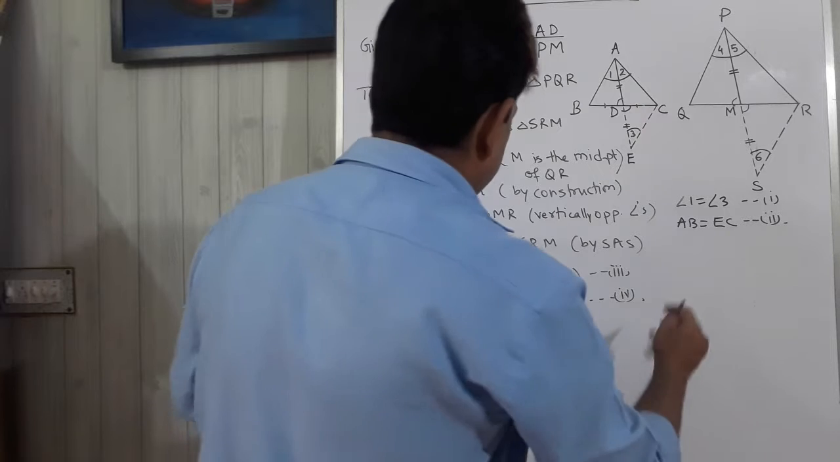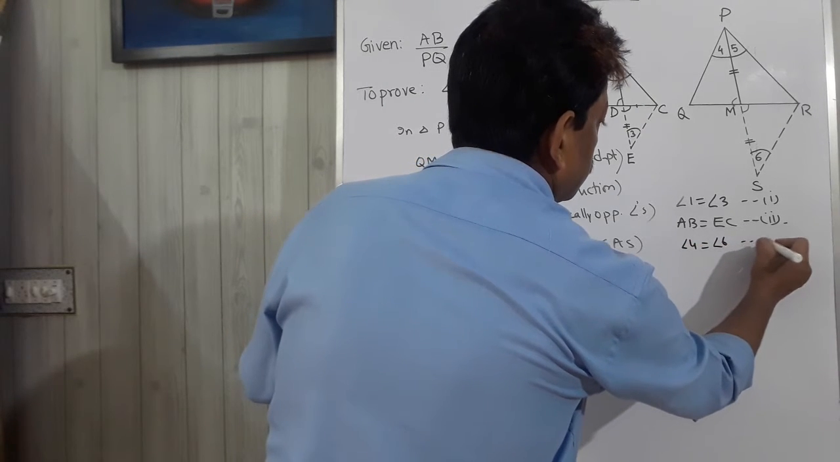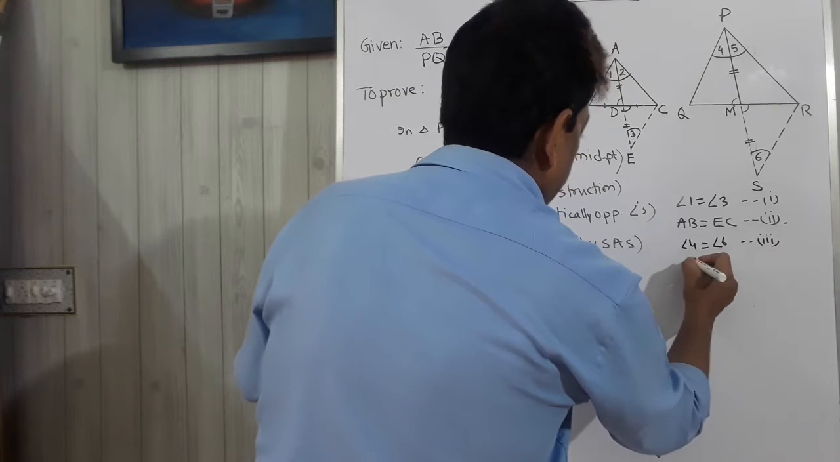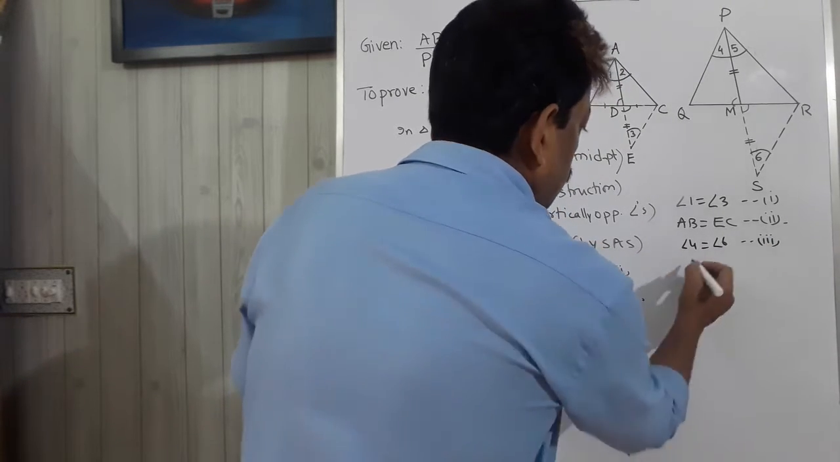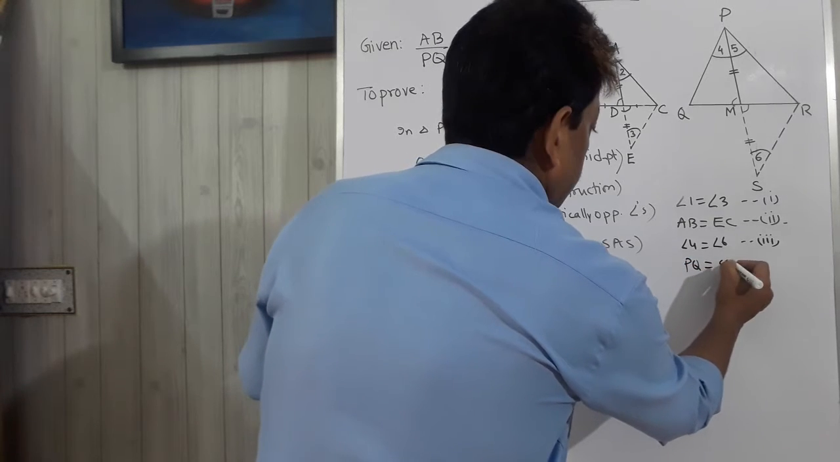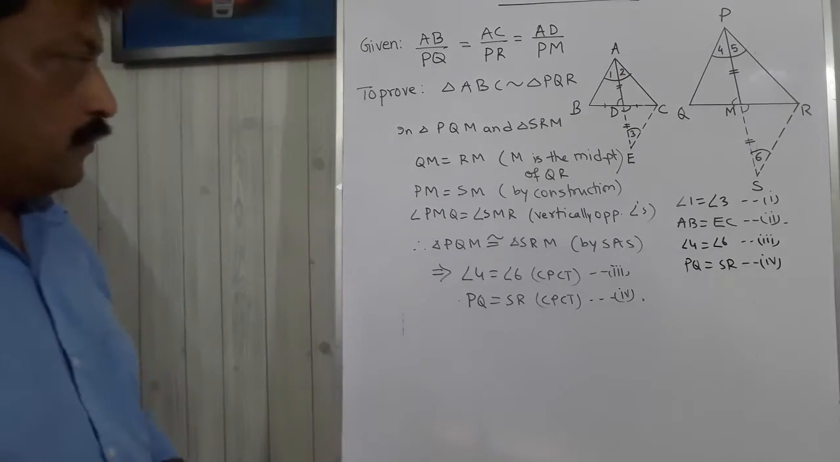So again, I am writing these two equations here. Angle 4 equals to angle 6. This is equation number 3. PQ equals to SR. This is equation number 4. Okay, now